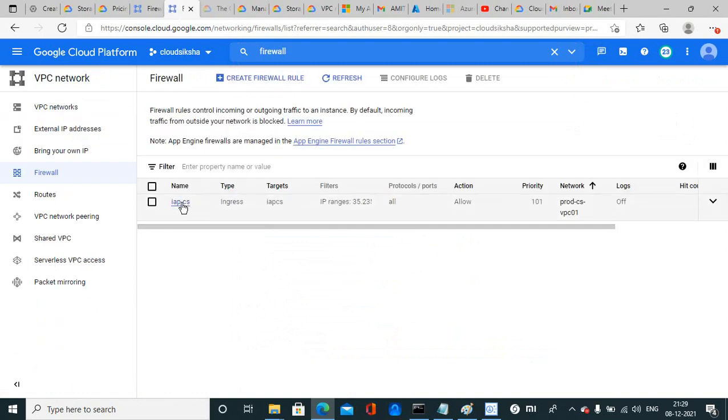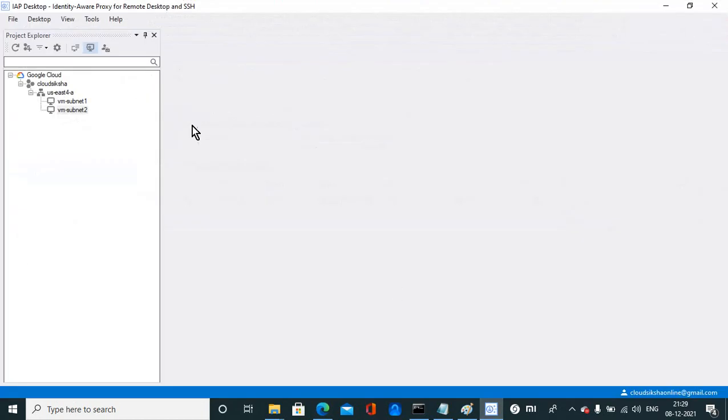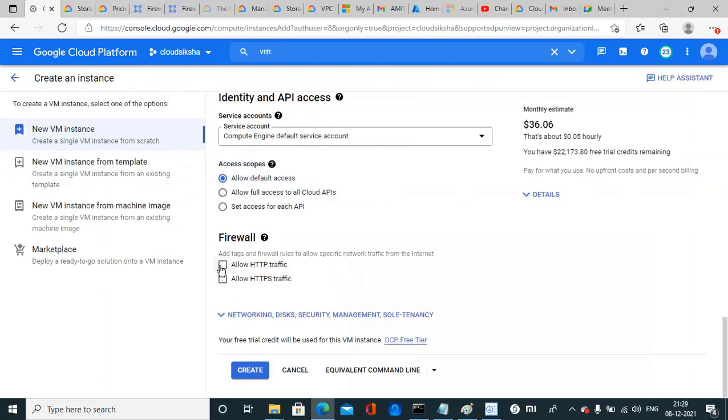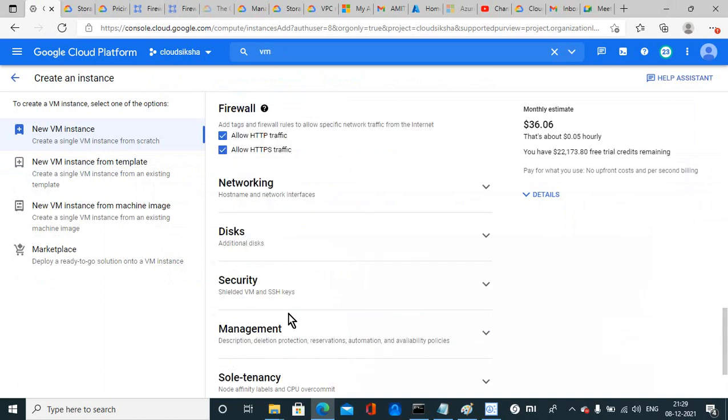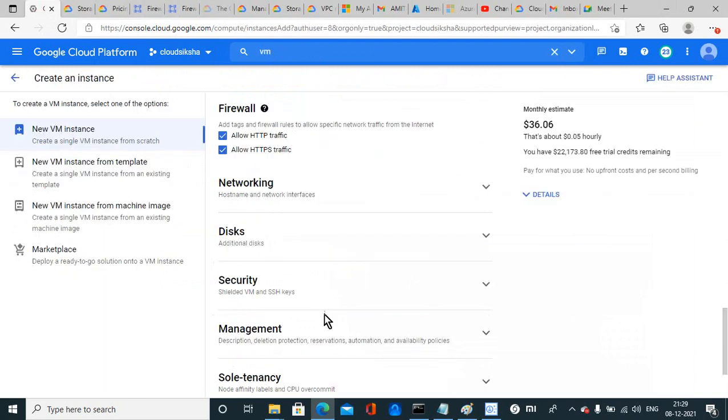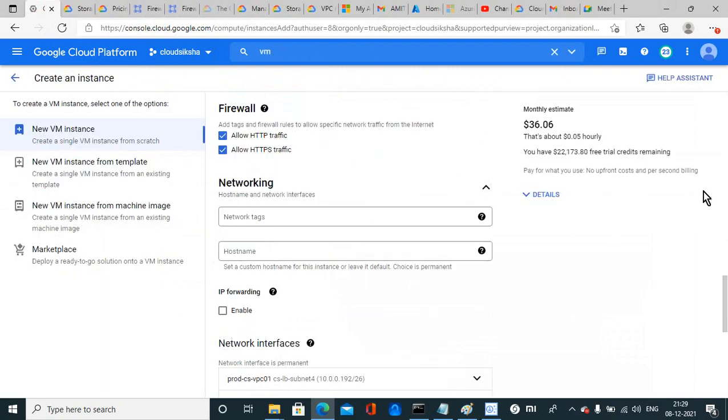I have configured one firewall rule, IAPCS. This is to connect to your machine without using the public IP. Without using public IP, you can take the remote session of your machine. So that's why I have created a firewall rule. If I do not allow this and I check these firewall rules, it will create a rule inside the firewall section here. And then in the networking section